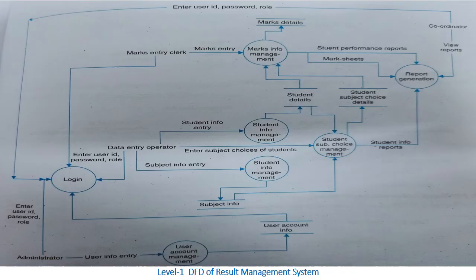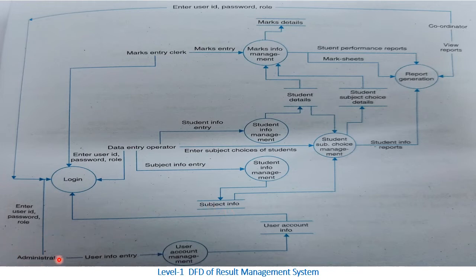So now let's see how we can draw the level 1 DFD for the result management system. In level 1 DFD, we will represent all the internal processes that we are going to have in the software that we are going to develop. And with that we will also represent the different data stores, or the tables, that we are going to design in the database that we will require with the system, where we are going to store the different information that will be used to provide the required details and information from the system to the user.